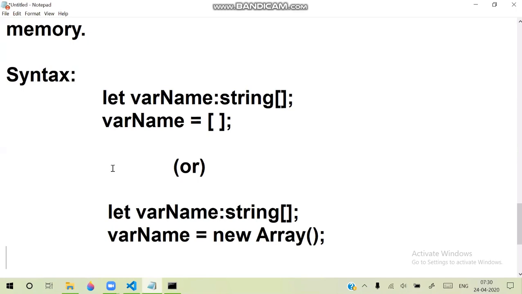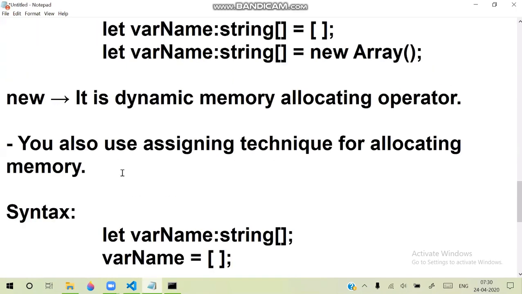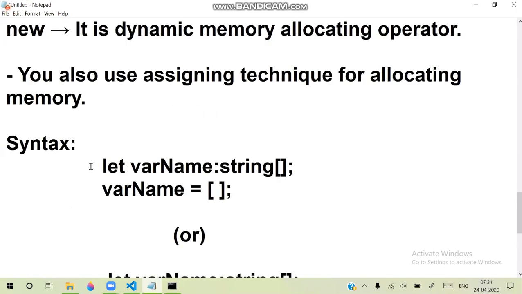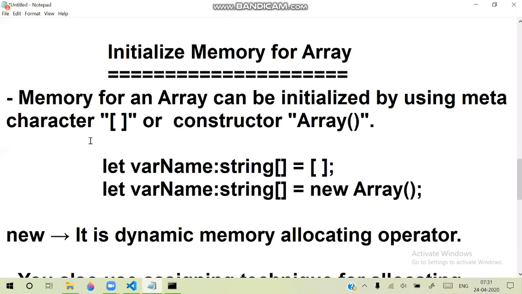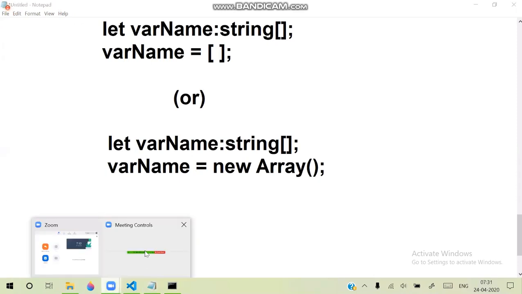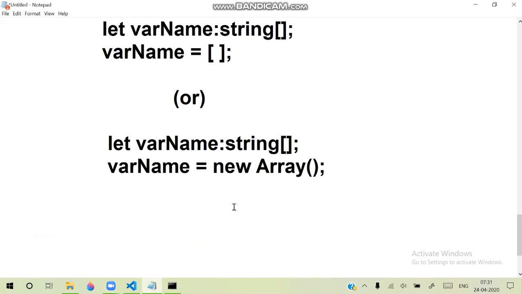So memory needs to be initialized or memory needs to be allocated. So important, without assigning the memory, without initializing the memory, we cannot store the value. We cannot store the value without initializing the memory, right? Now, important here is how